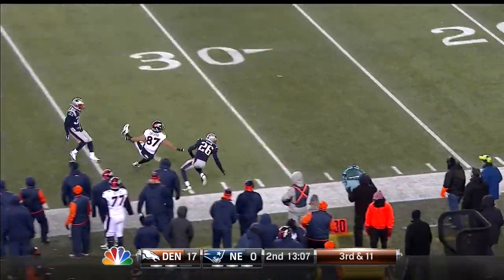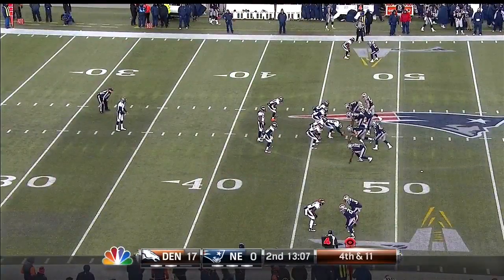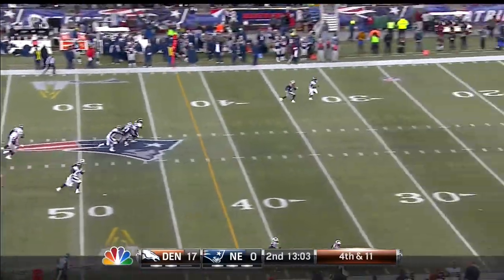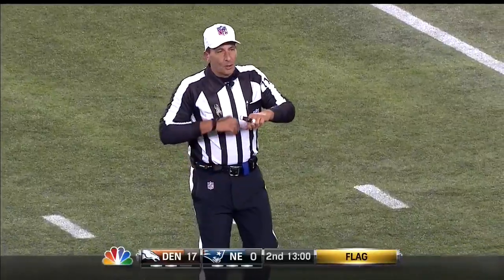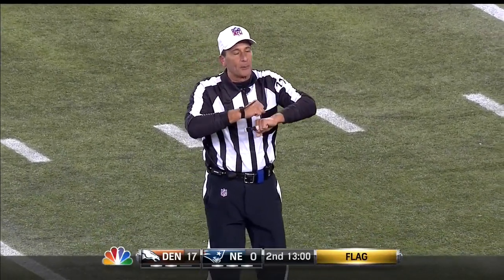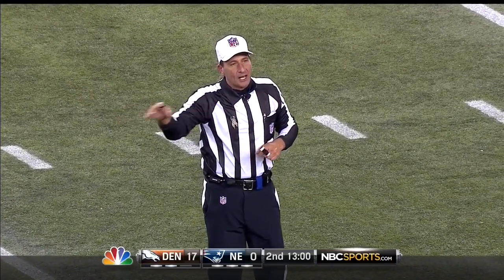And Manning throws into double coverage for Eric Decker, and that's incomplete. First time Decker has been targeted, so Colquitt's kick will be wind aided. Put some backspin on it. Julian Edelman is there and calls for the fair catch at the 10-yard line. We have a member of the kicking team voluntarily out of bounds, returning into the field of play. It's a 5-yard penalty. There's number 12 on the kicking team, will penalize 5 yards to Denver and replay 4th